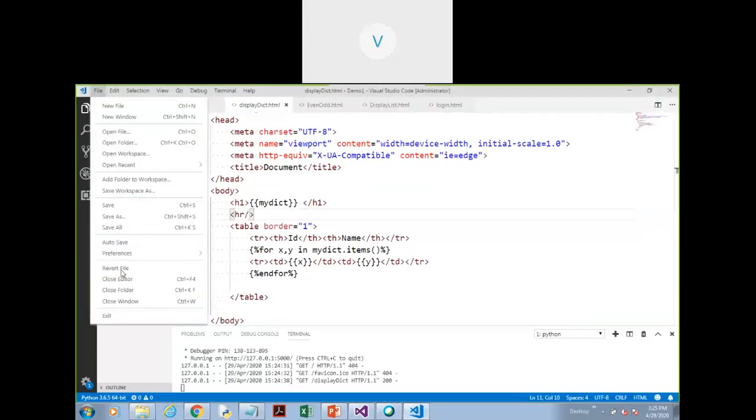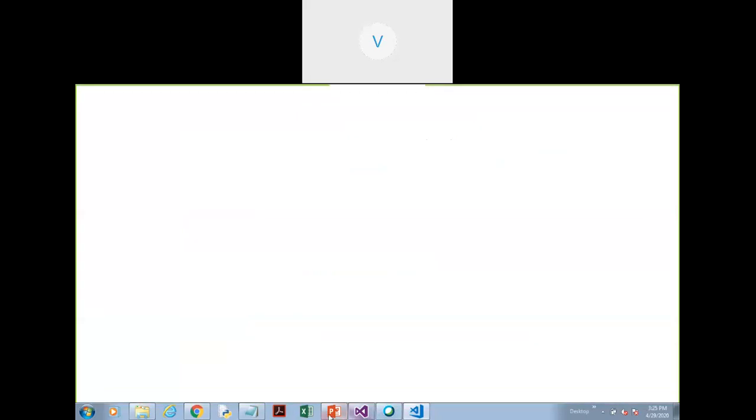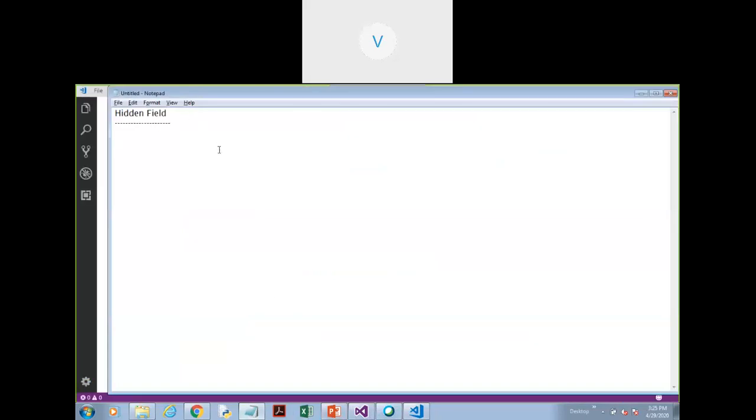we will just close this. First I want to discuss the concept of hidden field. What comes back to the client is HTML. That means when the request went to the server, the server processed it and generated HTML as output. Now this HTML which is going to go to the client, the HTML that has just been created and that I am going to send to the client, before sending that HTML output to the client I insert some data into it as well. Getting my point?